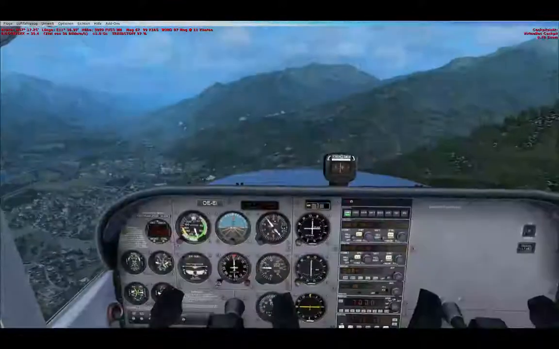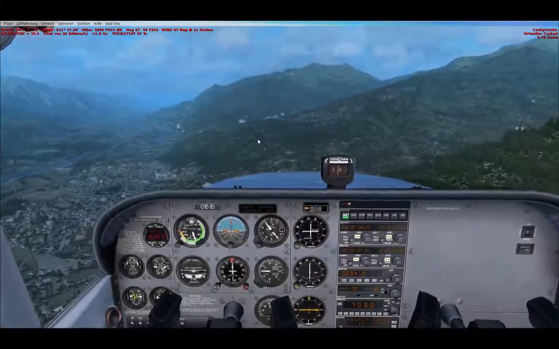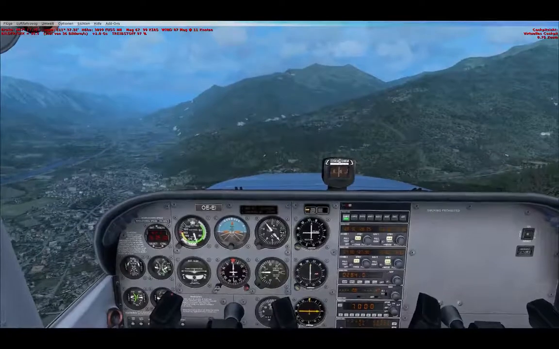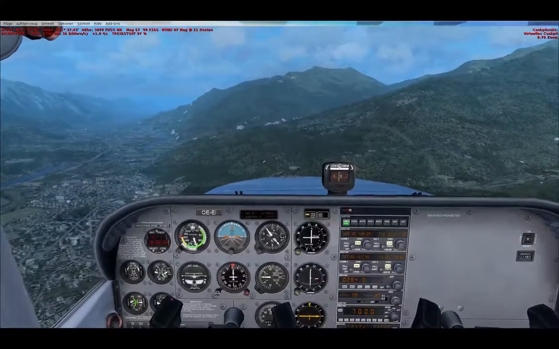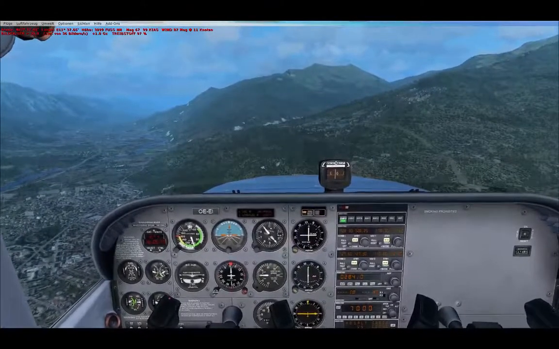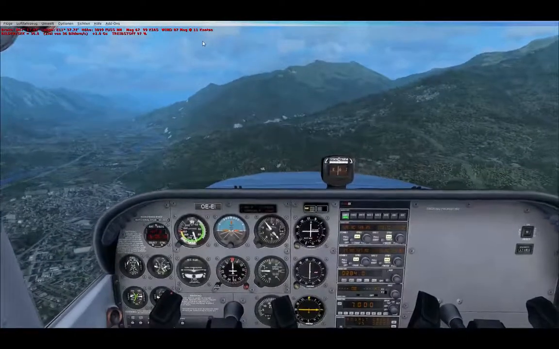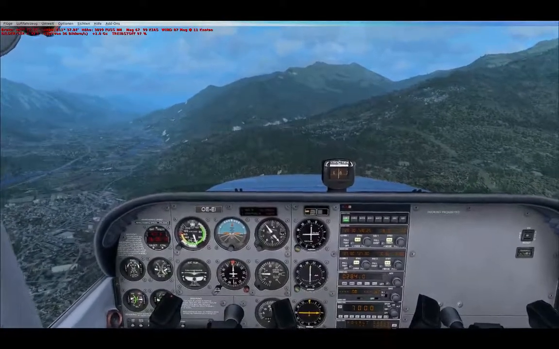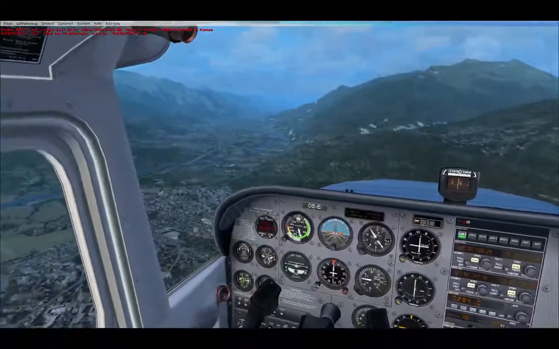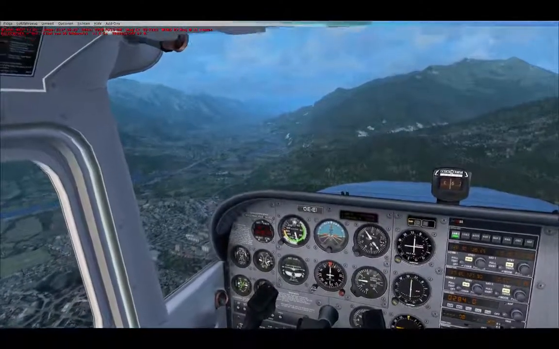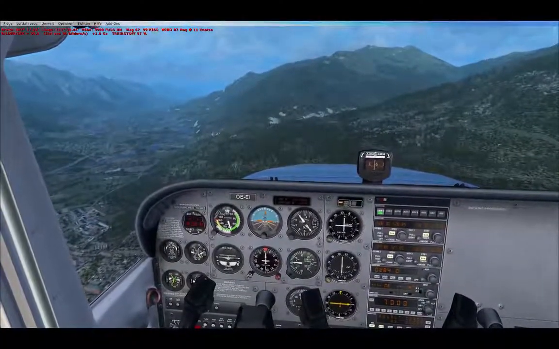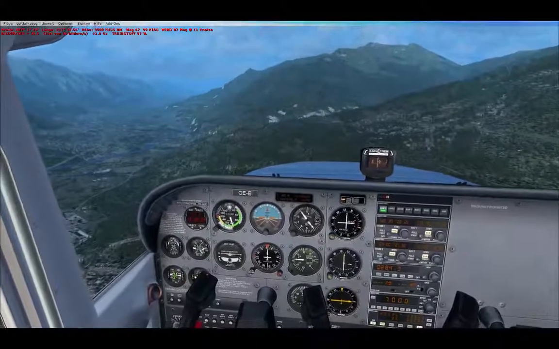Alright, so we're almost at Wörgl now, where we will do a slight left turn and leave the visual flight track and prepare to leave the control zone of Innsbruck. But I'd stay at this altitude because in X-Plane we were doing this flight with an altitude of 3,600 or 900, I guess. And we'll stay at this altitude so you can take a look at the scenery. What I want to avoid is the impression that I am just like